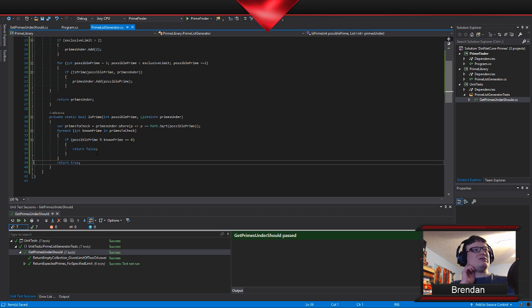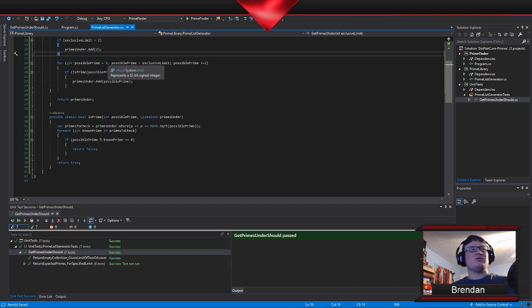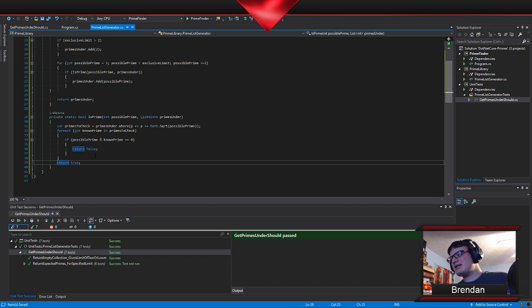The first time through this, known primes is going to be empty. We're not even going to check it, so we are going to return true. That's going to be for the number 2. That's going to work out great. Actually, we're not even going to check that because we added this. So we're going to come in with the number 3. We're going to be checking 3. We're going to have the number 2. 2's not going to divide in, and so we're going to bail out. Actually, it's not even going to get it because it's less than the square root.